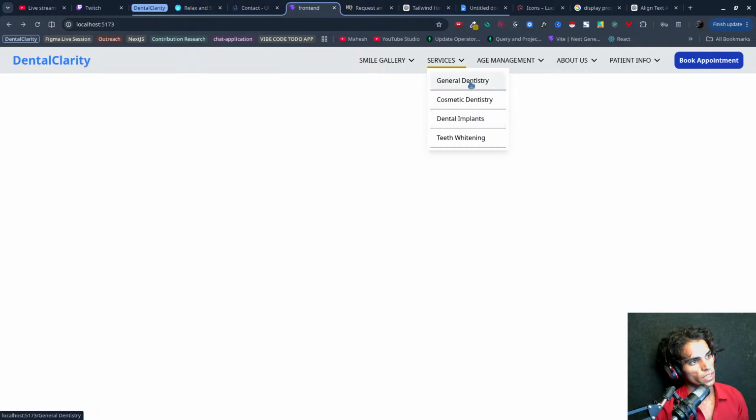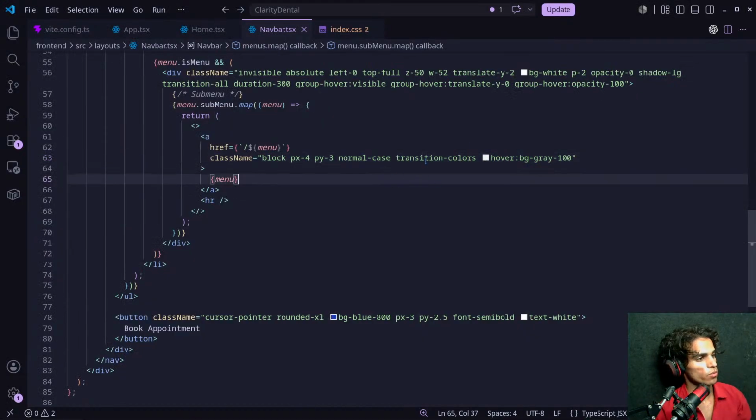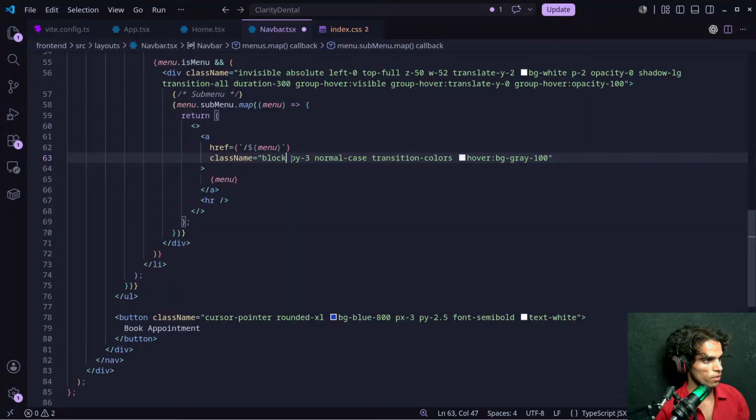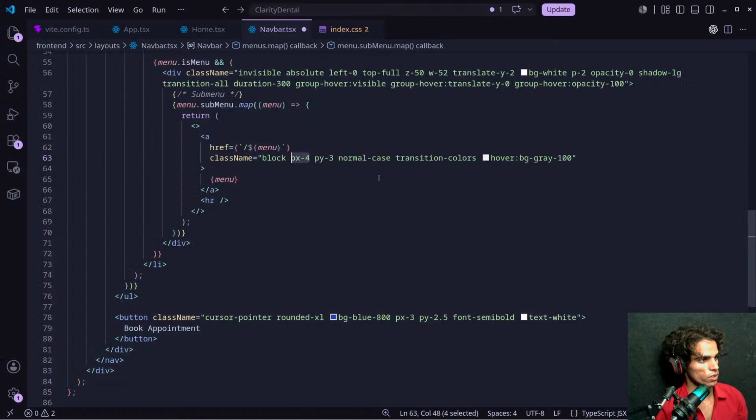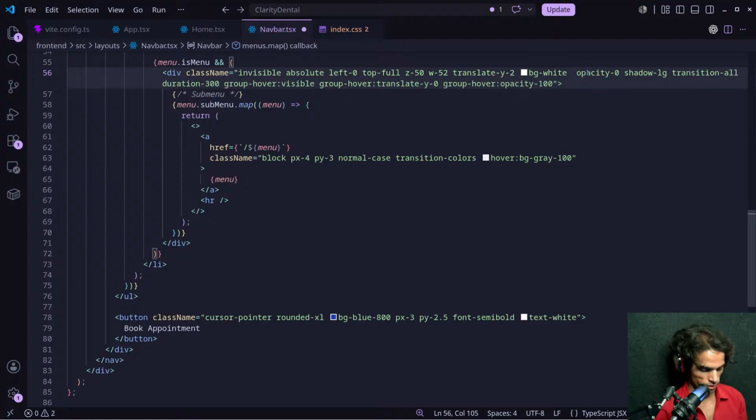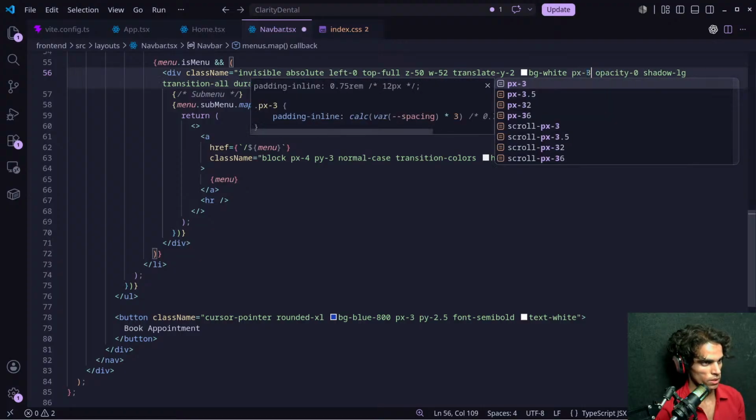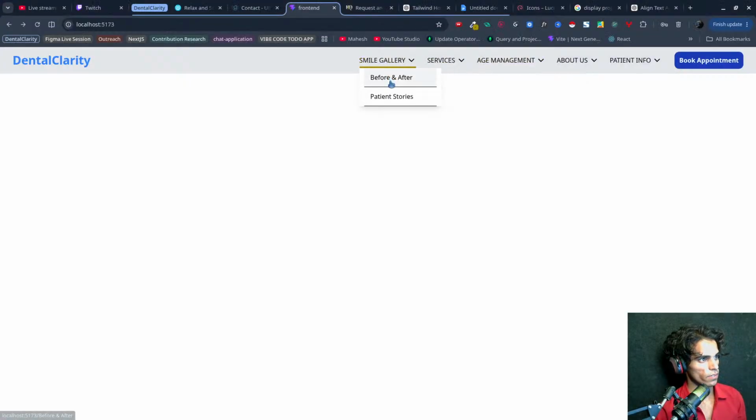So what I would like to do is, yeah, this is also great. We just have to remove the padding from this side. I just want px to be 3 rather than having extra padding.